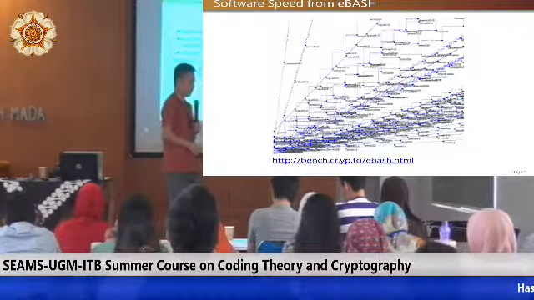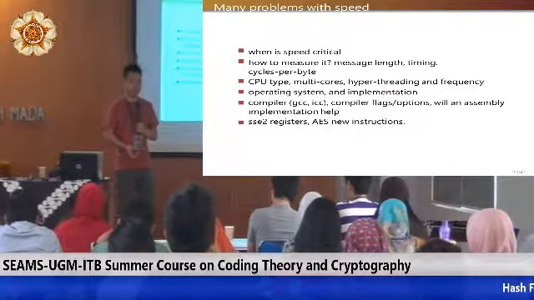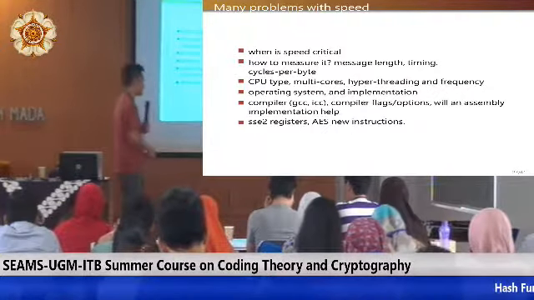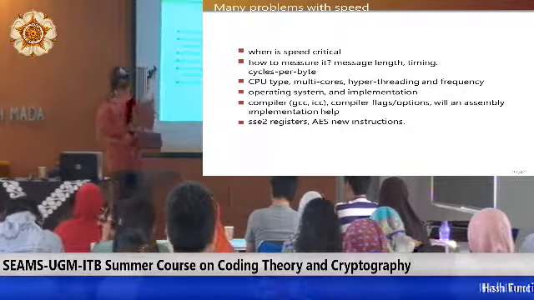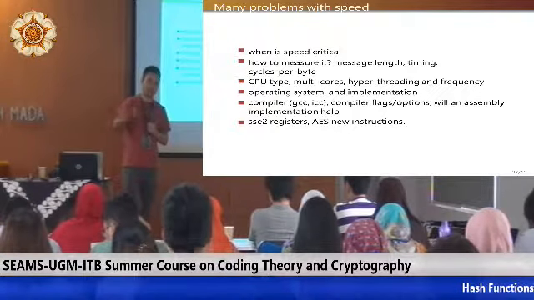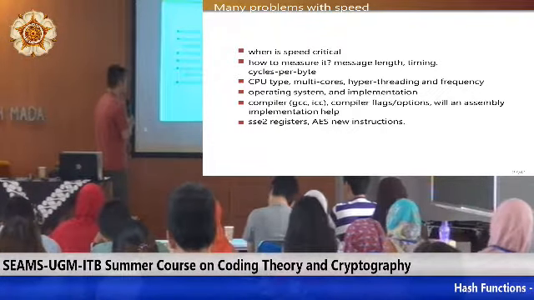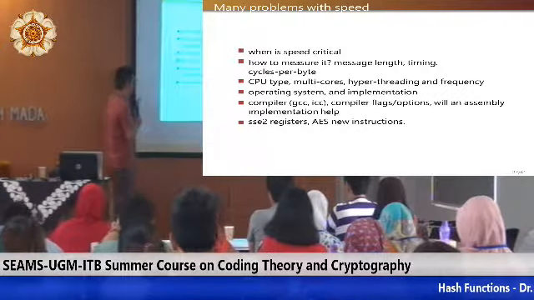And the speed to produce such a digest doesn't really depend on the hash function. It depends on the transmission rates. That's the bottleneck. So the speed of a hash function is not always critical,